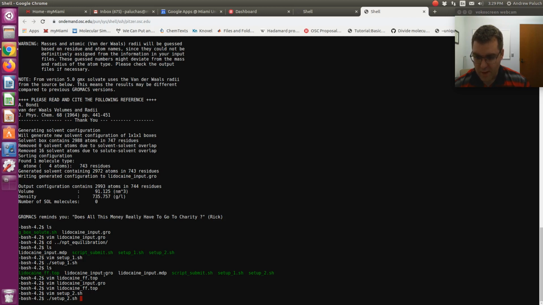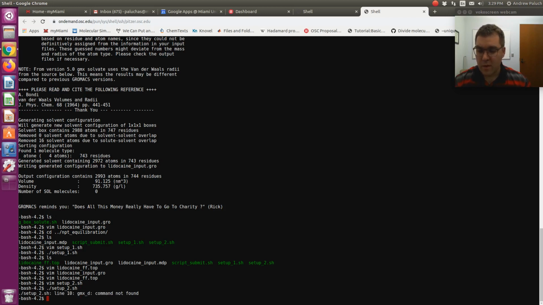Again, I'm going to point out that our force field file is ff.top. So lidocaine input.gro is just our initial structure. Input.mdp is just our run parameters. That doesn't list anything specific to our molecules. It's just the name of the file you would update, say, for an equilibration run. Okay, and we can peek more at that later. And then when I run it,